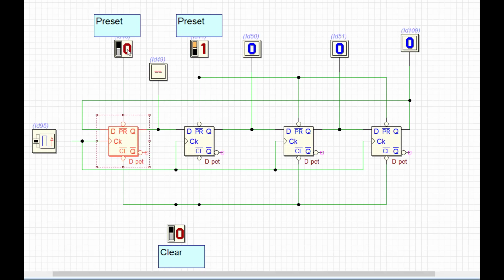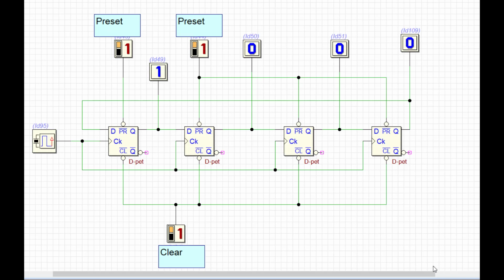Now two flip-flop outputs are 1, and two 1s are circulating between the flip-flop outputs. That's why you should keep your preset input for a short period of time before the next active clock comes, and only one flip-flop should be preset to the 1 state. So now only the first flip-flop is set to 1, so this 1 is circulating. As a result, you are going to get 4 different states.